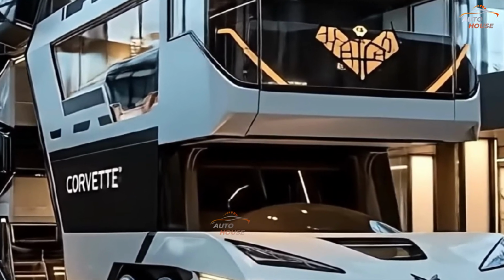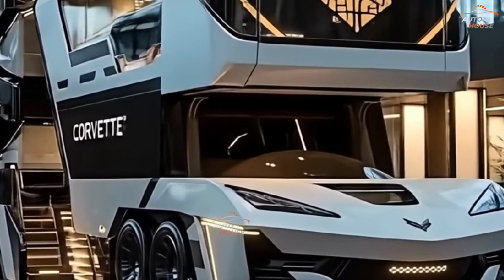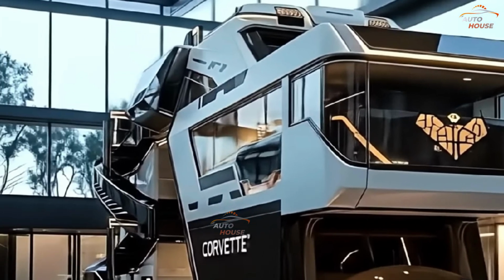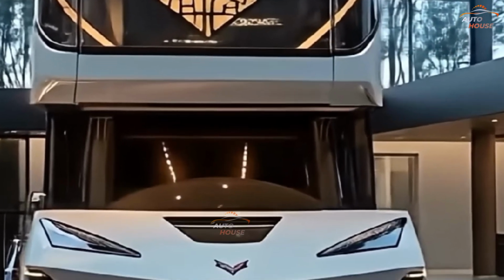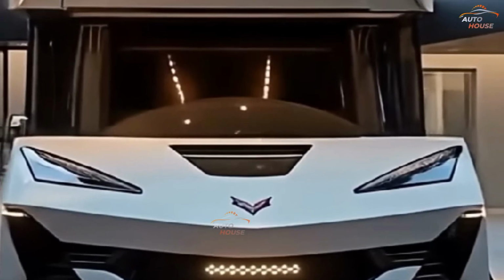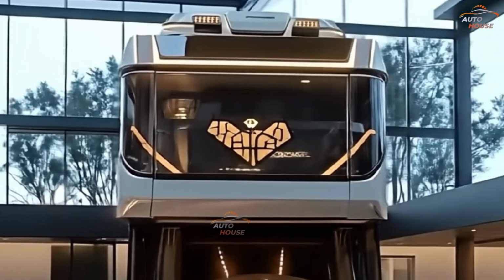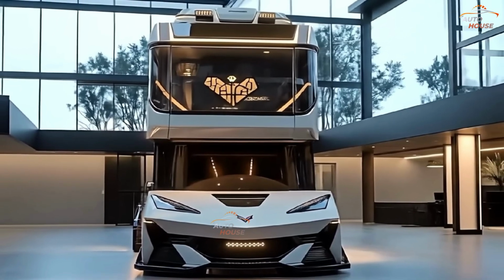2026 Chevrolet Motorhome, a bold and innovative entry that blends American engineering with the comfort of a luxury RV. The 2026 Chevrolet Motorhome is designed to provide a refined travel experience for families, adventurers, and digital nomads alike. Built on a strong and versatile heavy-duty platform, this motorhome carries Chevrolet's legacy of durability and performance into the world of recreational vehicles. The exterior styling features a sleek aerodynamic body with modern LED lighting, bold contours, and an unmistakable